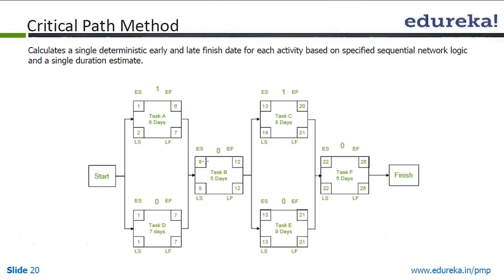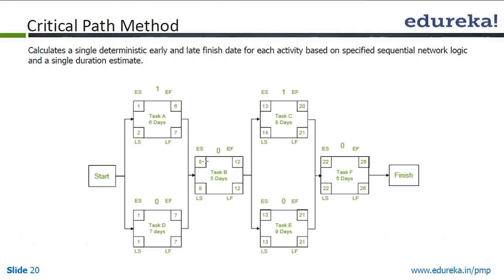Then we go into task F. Again, of 20 and 21 we take the higher. So 21 plus 1, 22. So we put 22 as the early start and it takes 5 days. So 22 plus 5 is 27, minus 1 is 26. Now once this forward pass is done,